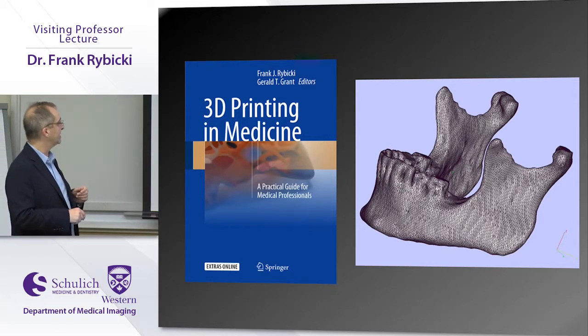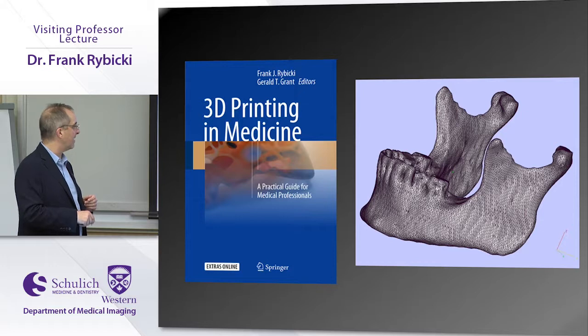This is 3D Printing in Medicine. You can buy the book on Amazon. It hasn't come out yet, but it should be coming out sometime in October. And it talks about things like